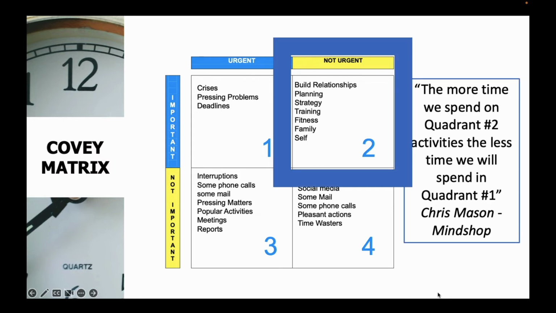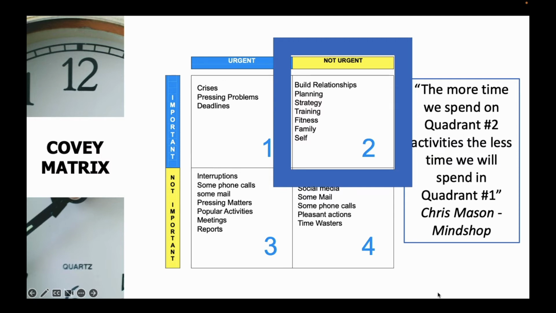And a gentleman who's my business coach, a guy called Chris Mason, says the more time we spend in quadrant 2 activities, the less time we will spend in quadrant 1 activities. And so it's really important that when you're actually planning your time, that you have the discipline to plan and focus on some of these quadrant 2 activities, because the more time we spend in quadrant 2, the less time we're going to spend in quadrant 1,